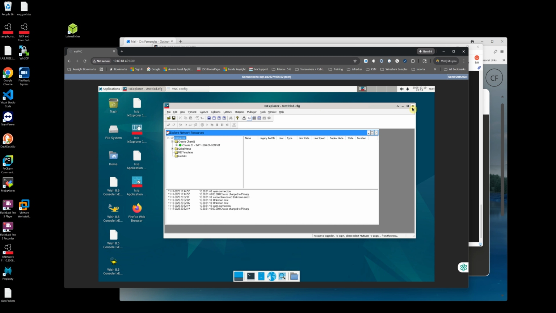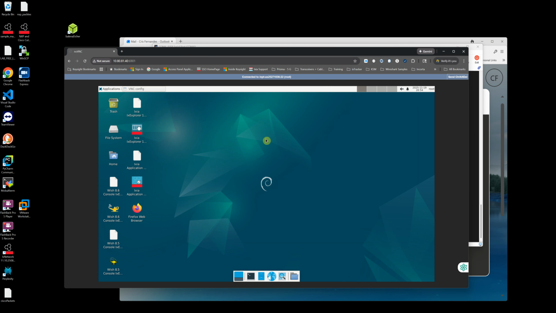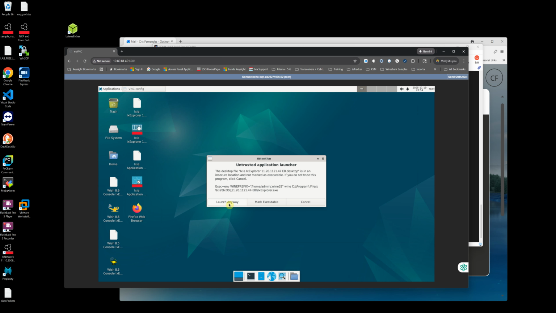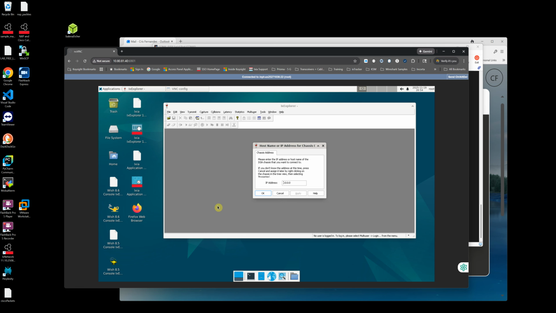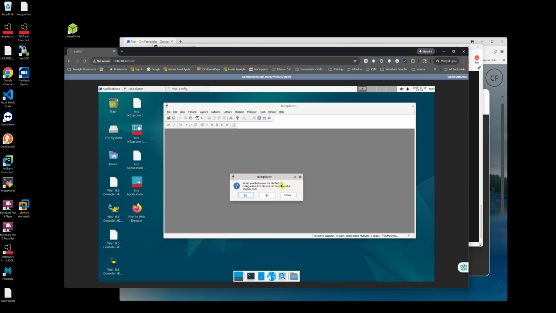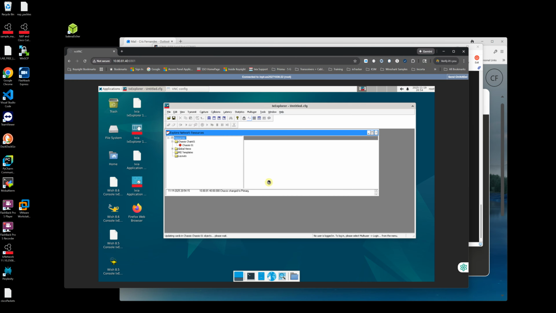And over here, for you to get to IX Explorer, you click here, IX Explorer 1120, and then launch anyway. And then the IP address, so it's 10.80.81.40, which is the IP address that I set statically. And this gives me IX Explorer connected to my chassis. Right. And now in terms of configuration, or in terms of